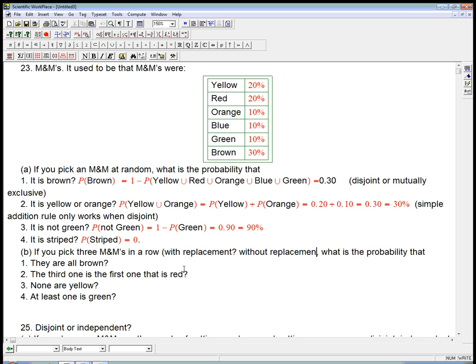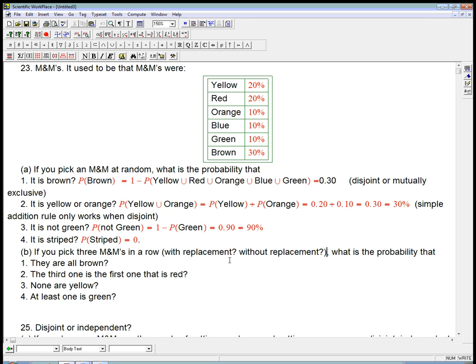If it's a huge bunch of M&Ms, a really big bag, then it doesn't really matter, because picking out 1 or 2 or 3 M&Ms isn't going to matter very much in terms of what's left. But if it's a small number of M&Ms, picking them out without replacement is going to affect these probabilities. So even if you start with exactly these percentages in the bag, then if you pick without replacement, it's